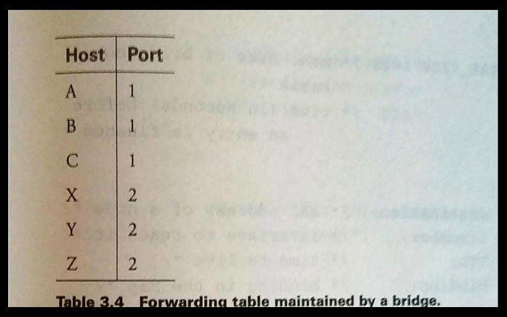The idea is for each bridge to inspect the source address in all the frames it receives. When host A sends a frame to a host on either side of the bridge, the bridge receives this frame and records the fact that the frame from host A was just received on port 1. So in this way the bridge can build a table gradually. So the bridge is going to learn, okay, host A is present on this particular network. I have received this packet with the source address as A and a destination address, so I have received it on port 1.